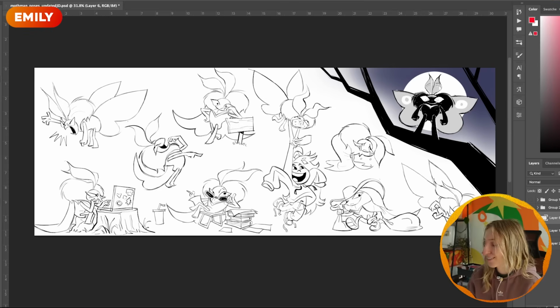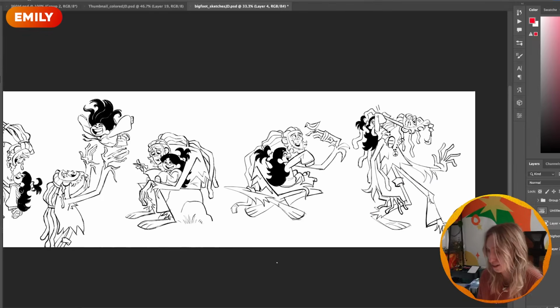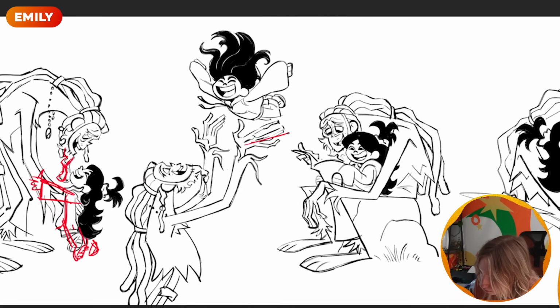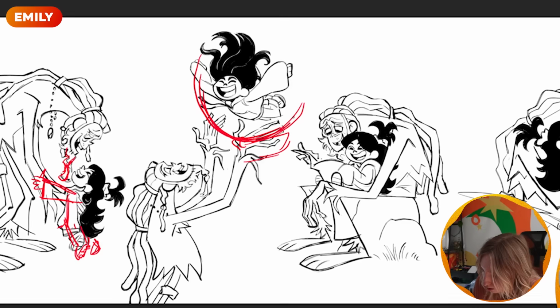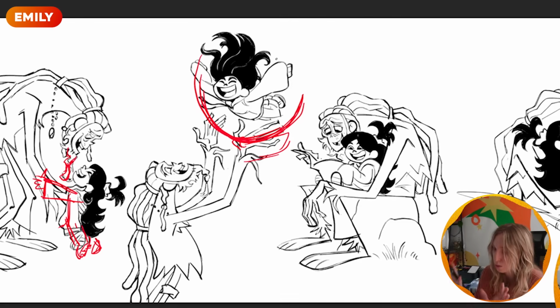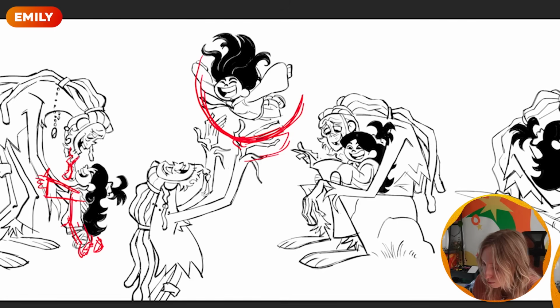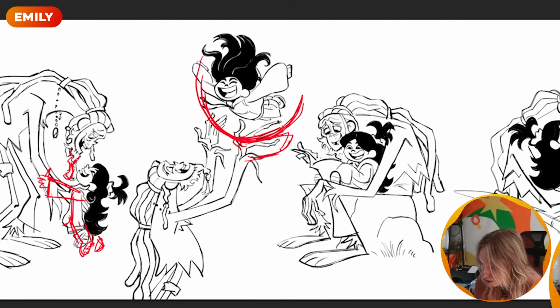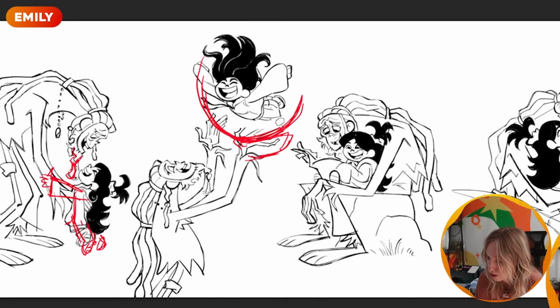The one thing, I really liked that 3/4 view though. Why did you change it? Interacting, I feel like there's a lot more storytelling. Here, I think you can move this arm down to clear some space and also to create a more interesting shape. When hands are leveled versus when a hand is like that, you can create a lot more interest. So I want this arm to come down, and then we have a little bit more space here where we could see that she's